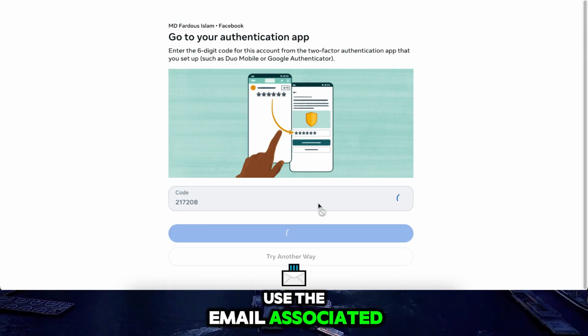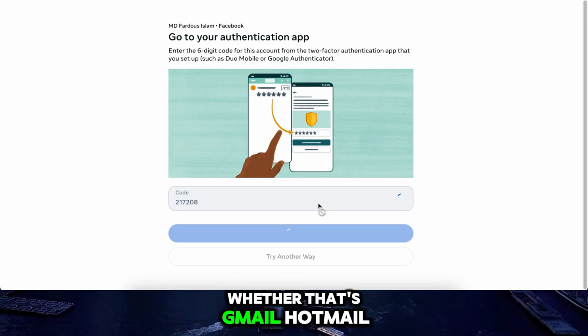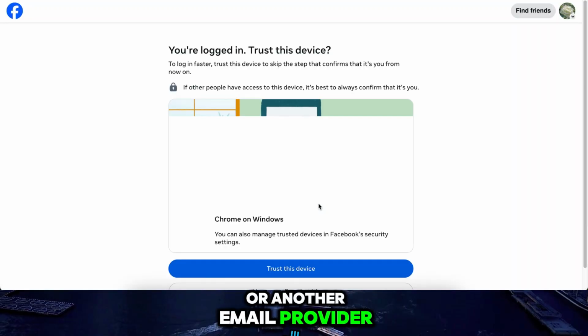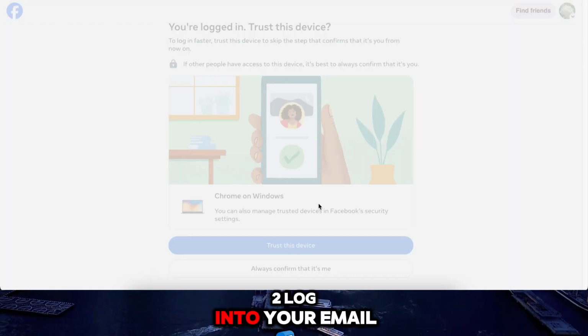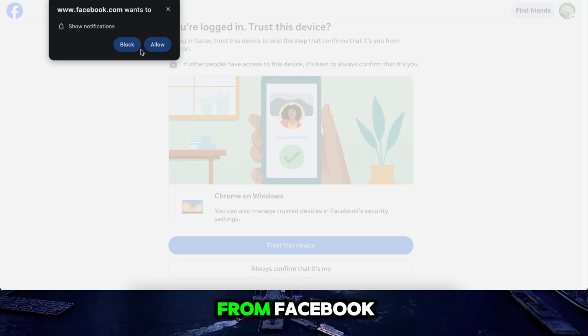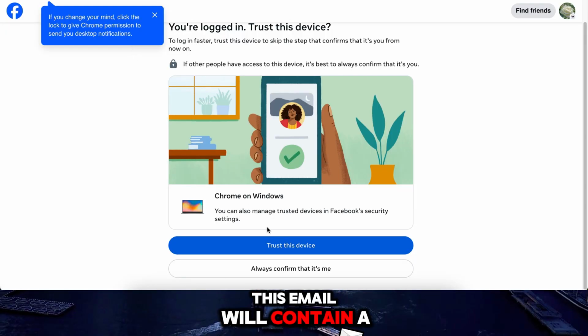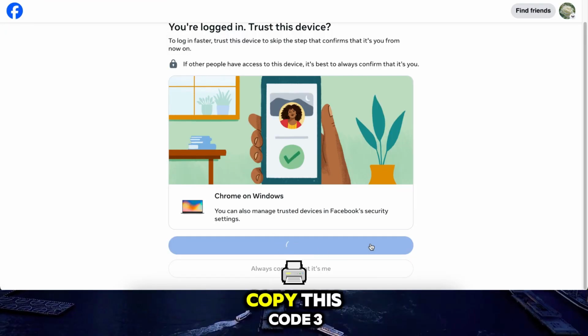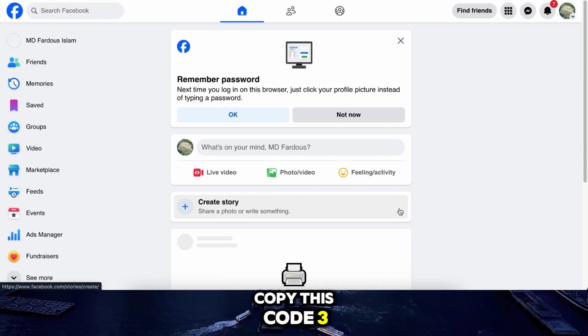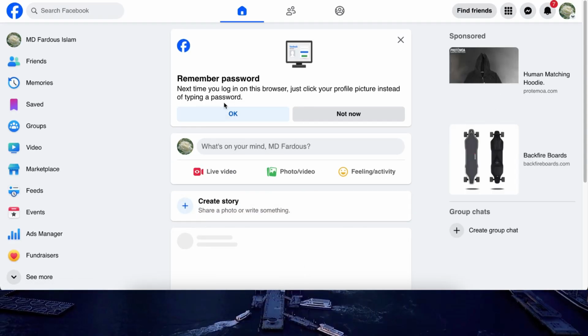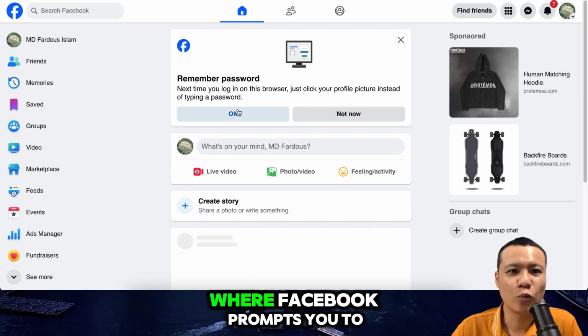Use the email associated with your Facebook account, whether that's Gmail, Hotmail, or another email provider. 2. Log into your email and check your inbox for an email from Facebook. This email will contain a verification code. Copy this code. 3. Go back to the Facebook login window and paste the verification code where Facebook prompts you